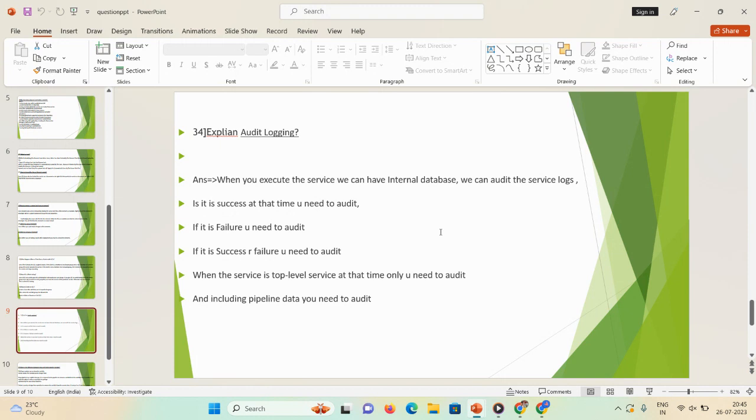And for example, if you want to use a debug log in your service. Okay. Debug log is basically used to write a message on the integration server. In that case, if you select audit logging as none, then you cannot see your messages on the integration server. So in that case, you need to select the audit logging property as save. Then you can run your service and check all the details on the integration server, which are the messages mentioned in your particular service. Okay.